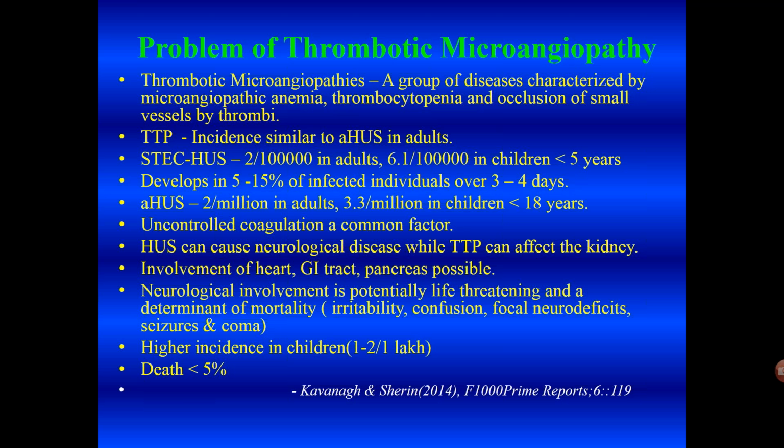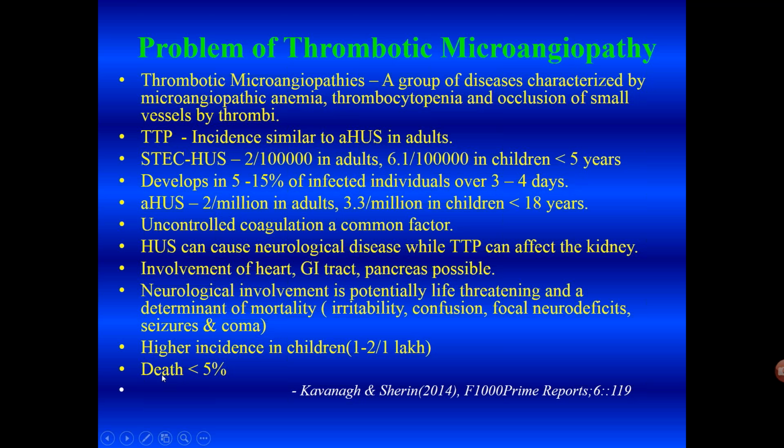We talk about the thrombotic microangiopathies to represent a group of diseases which have microangiopathic anemia, thrombocytopenia, and a pathology of occlusion of small vessels by thrombi. There are two such conditions, and we know today that they are distinct, TTP and HUS. They are both rare conditions. The commonest of them all, which is seen in both adults and children, is Shiga toxin E.